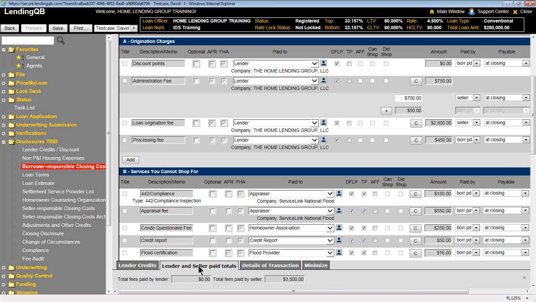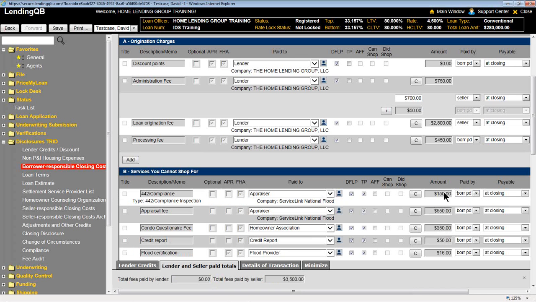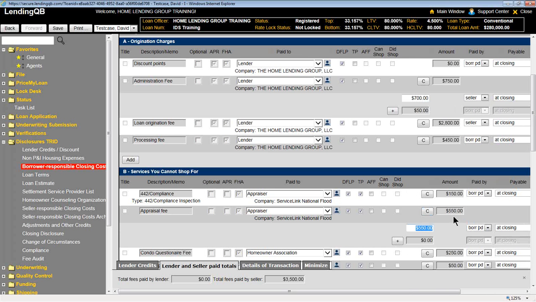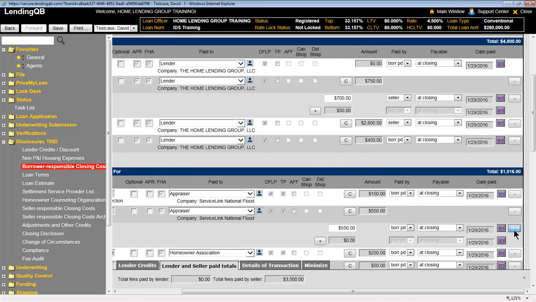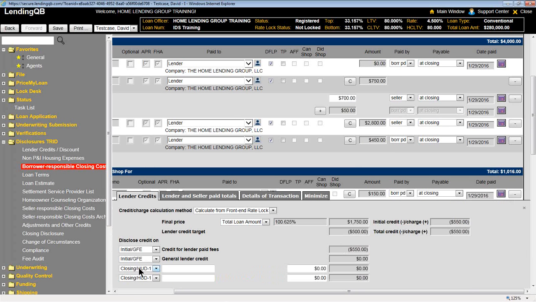If I'm going to itemize my lender credits, I'm going to do the same thing here. If I need to go back and double check what my lender credit was or is, I've got this. But look what's going to happen. So let's say that I come in and I'm going to show this one here as a credit. I'm not going to even split it. Let's say I am going to credit my appraisal fee. Say it's lender paid. So I got $550 here now as lender paid. And when I look at my lender credits,